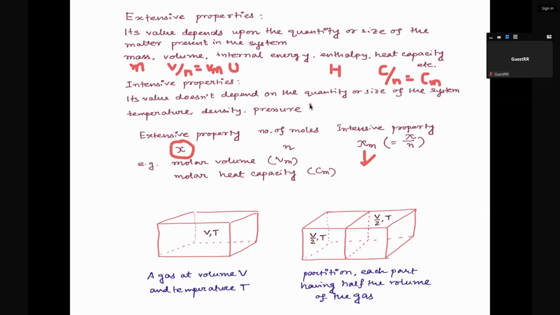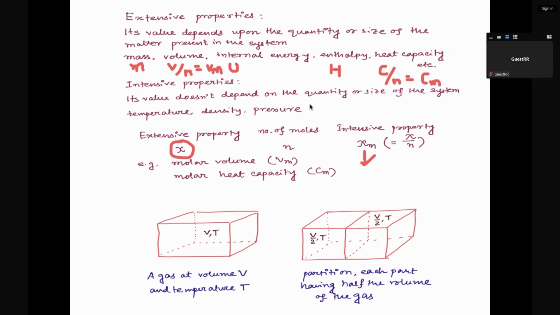We are dealing with the extensive and intensive properties of a thermodynamic system. If we have some properties whose value depends upon the quantity or the size of the matter that is present in the system, for example mass of a system, or volume, or internal energy, that is U, or enthalpy, that is H, or heat capacity, that I'll discuss in the slide, that is capital C,